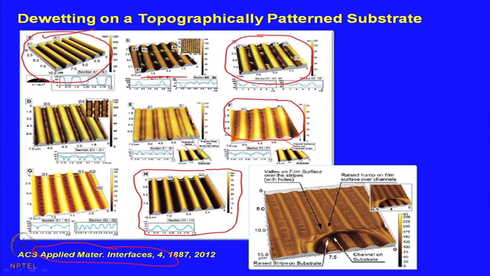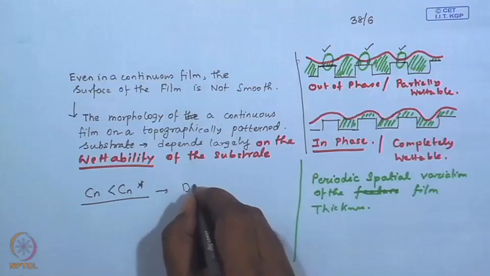But here you see some structures like these are isolated droplets already, what you might be expecting to get by dewetting, or these are thin strips of polymer within these grooves of the substrate. These are pretty regular structures, and you can also see that this thin strip already exhibits a Rayleigh instability, which is seen in this inset. So, for Cn less than Cn star, you already get some structures resulting from an in situ dewetting. So, the discontinuous structures